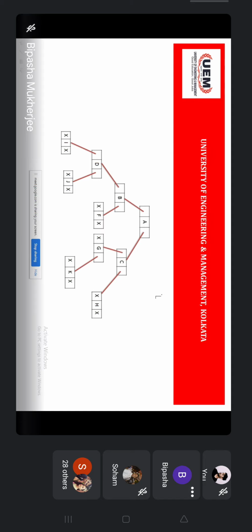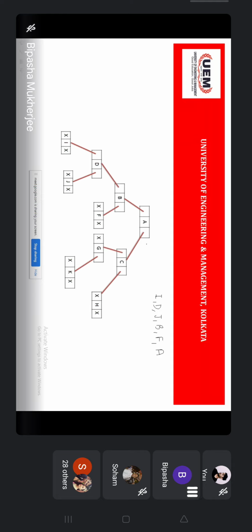I, then there will be D, then there will be J, then there will be B, then there will be F, then the entire left subtree is done. That means now you can write the root.